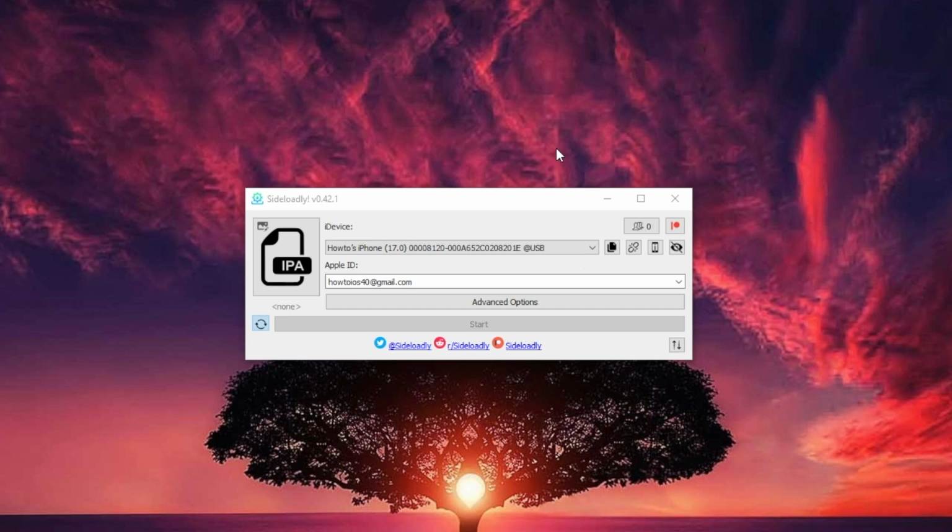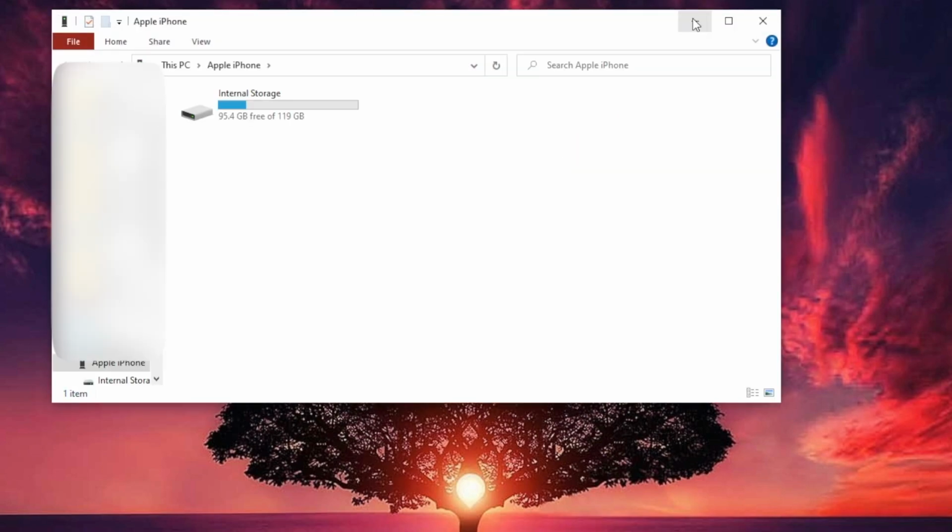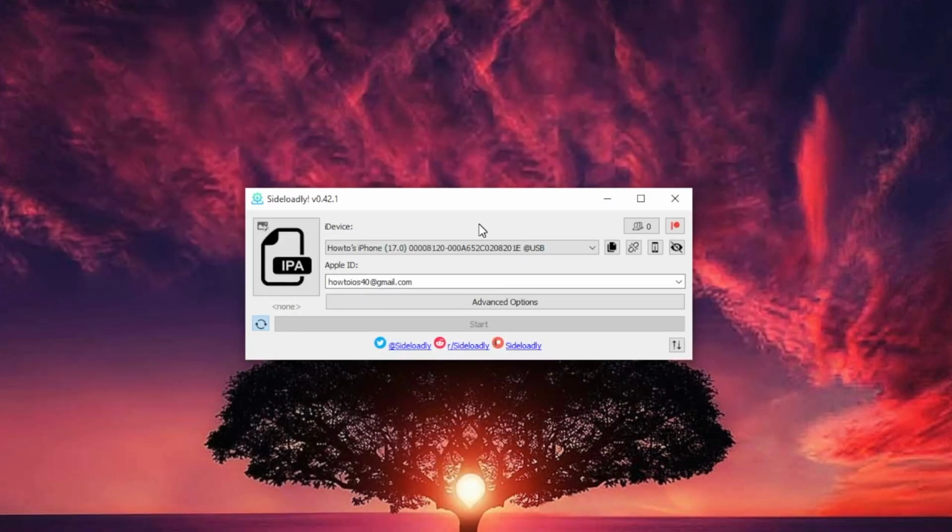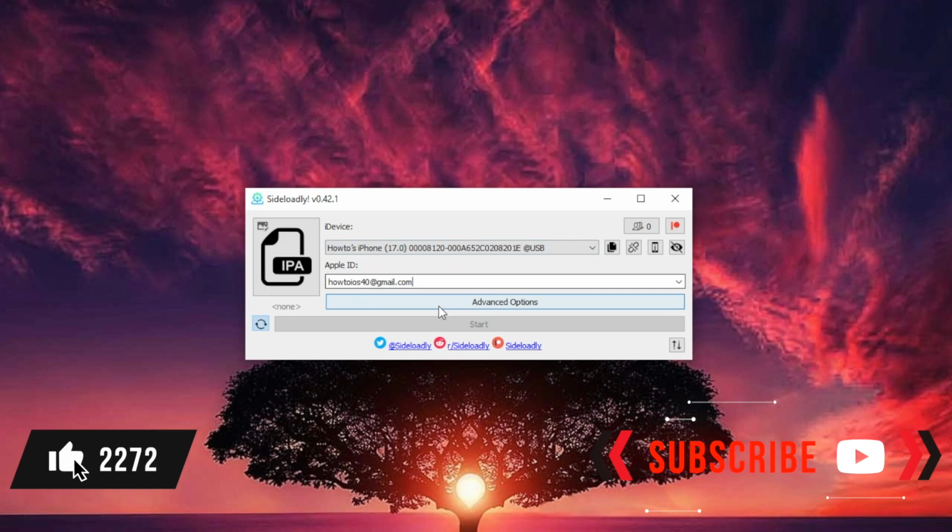Now first, connect your device with the computer on which you want to sideload the app using Sideloadly. In case you are facing an issue that Sideloadly is not detecting the device, that means you are using it for the first time. Hit the trust button on your device and it will show you here. Then in the Apple ID field, put your Apple ID. You can use any dummy account as well if you want, but make sure the same Apple ID is logged in